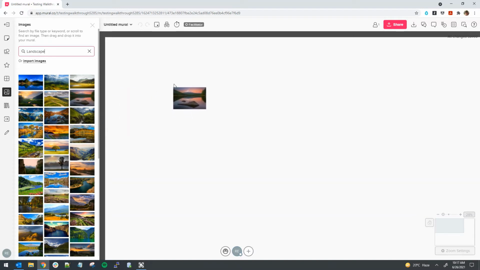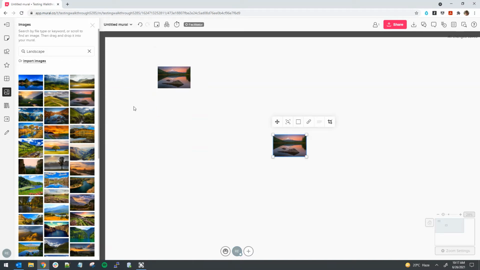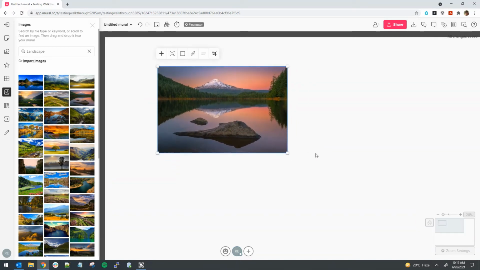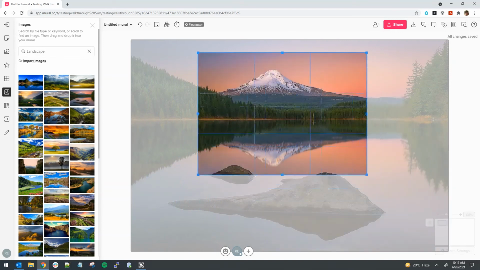So here's an option. I will select one of the images. You can click here and it's going to be there, or you can just drag it here and drop whatever you want. So let me add it. Then I can either rotate, I can trim the picture, I can make it smaller